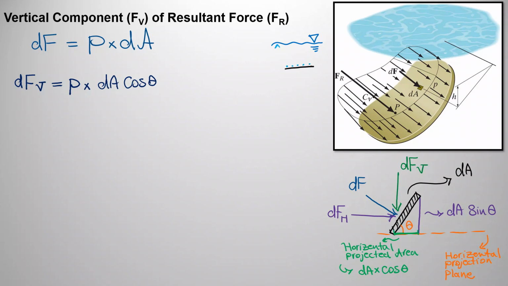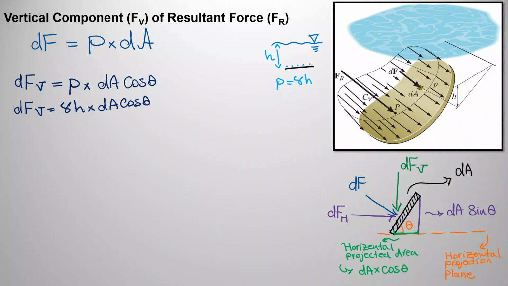Because pressure is directly related to h, or depth of these points. And because all of these points have the same depth, pressure is going to be equal to gamma times h for all of the points on the horizontal plane, right? So I'm going to simply replace that over here. So it would be gamma h times dA